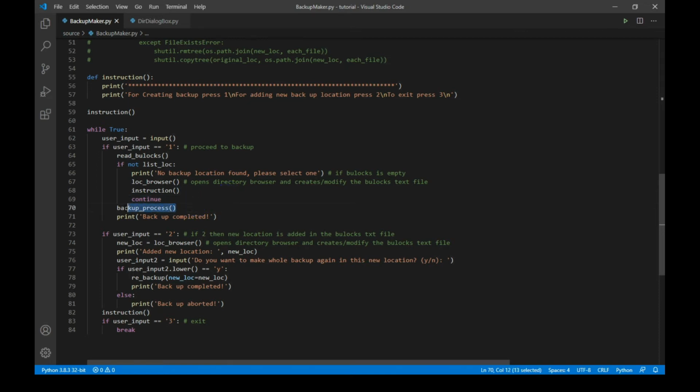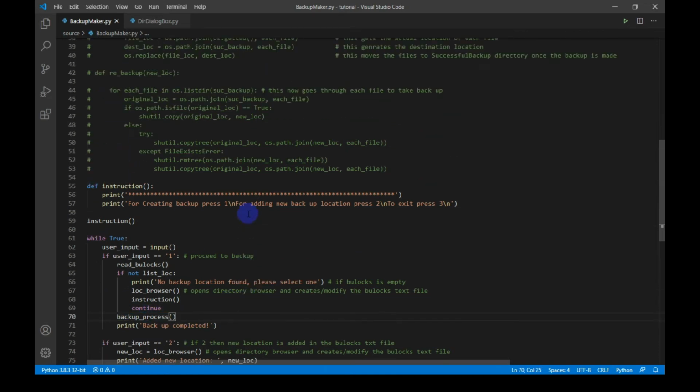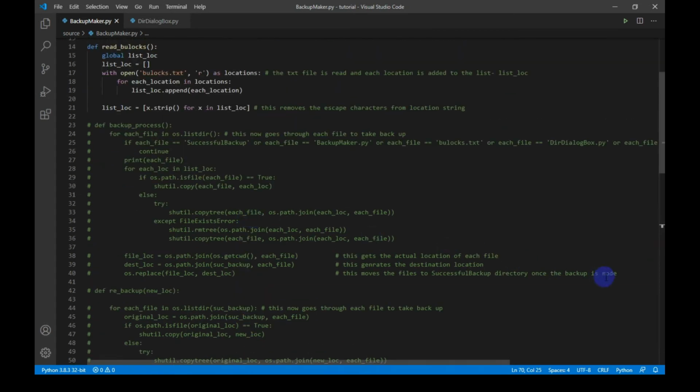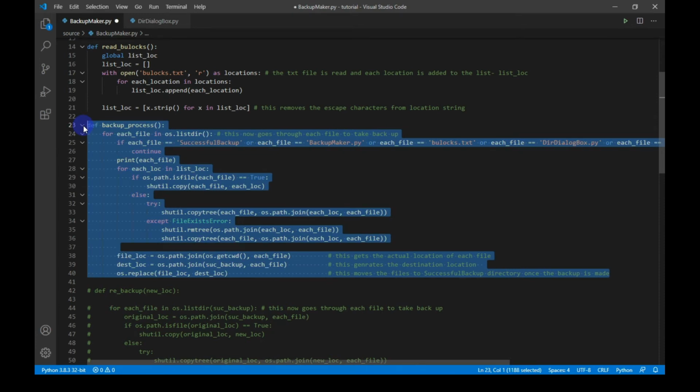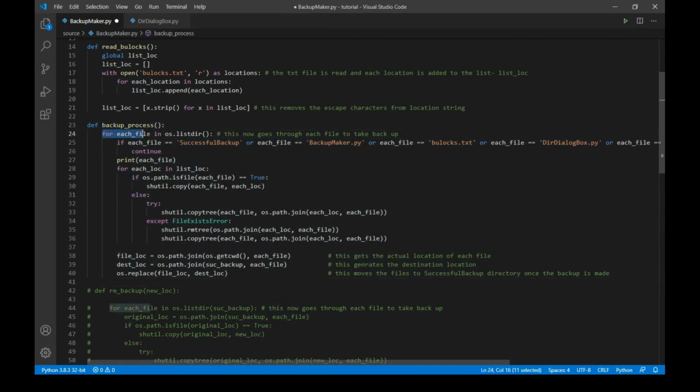Now let's check the backup_process function. First I will uncomment the function. This for loop goes through each file present in the source directory, and this if condition ensures that none of these mentioned files or directories gets a backup.